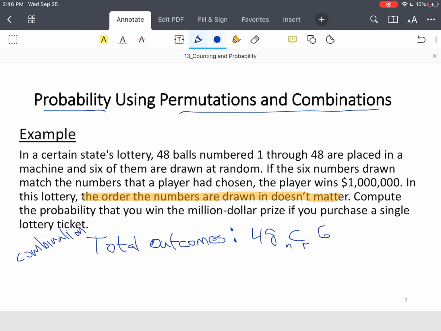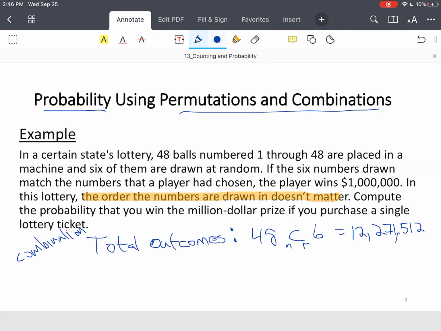So 48 nCr 6. Use your technology and you end up with 12,271,512